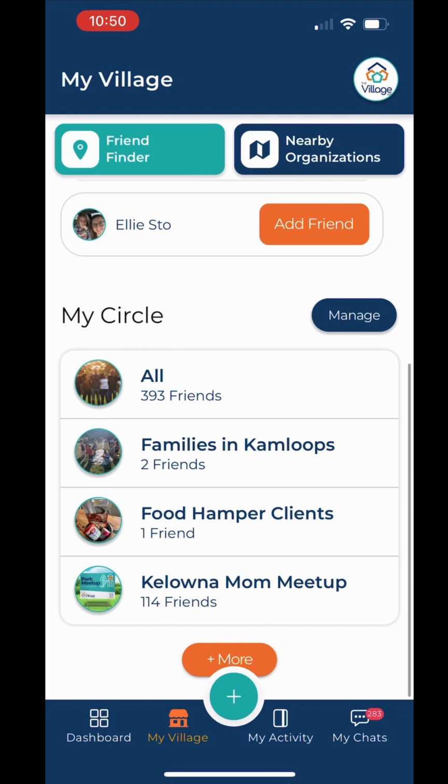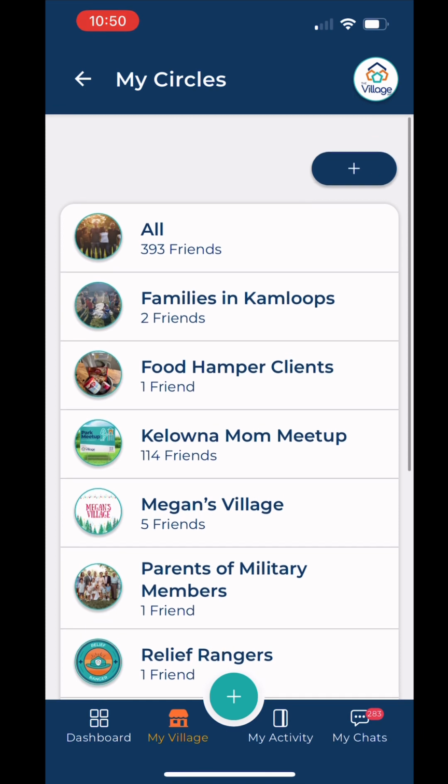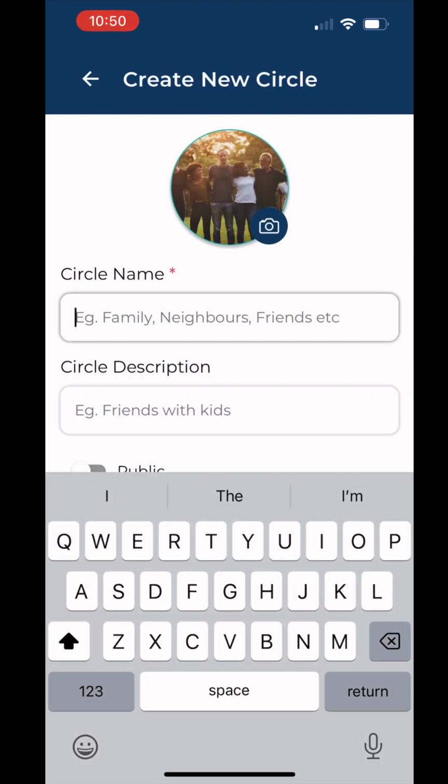Once you've connected with organizations or individuals, they'll appear in your All circle. From there, you can categorize them into circles that make sense to your organization. To do that, tap Manage. Tap the plus sign to create a new circle. Name it